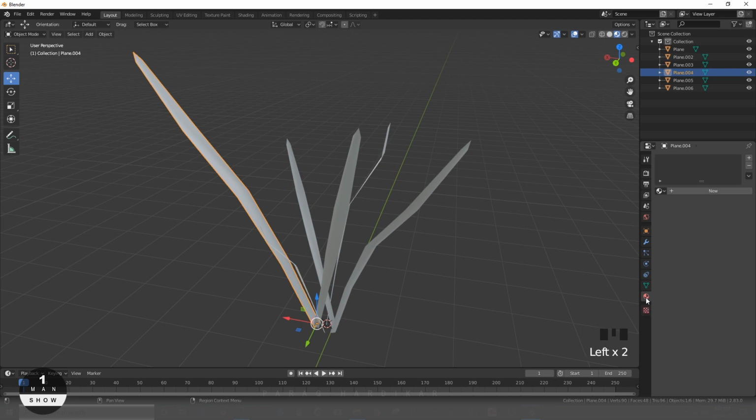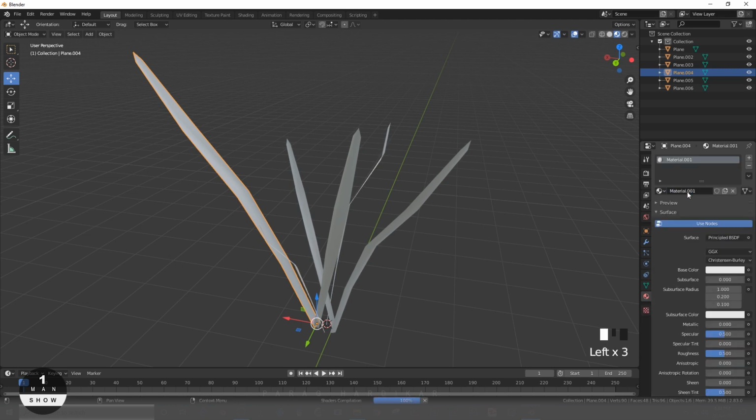Go to material menu from here, then add new material, then let's give it some green shade.